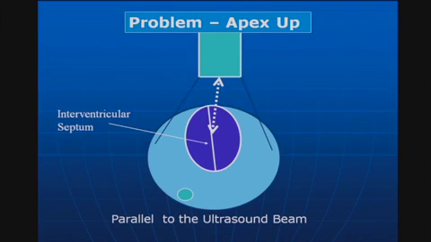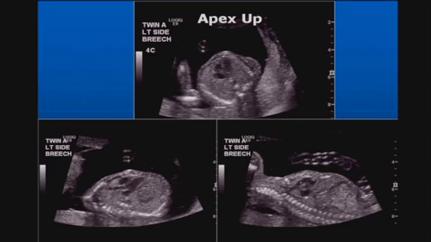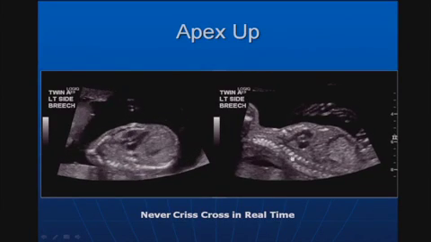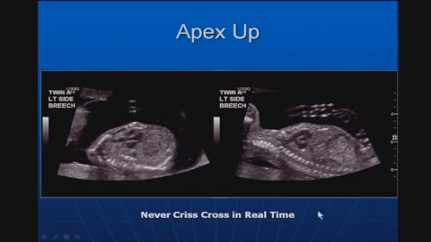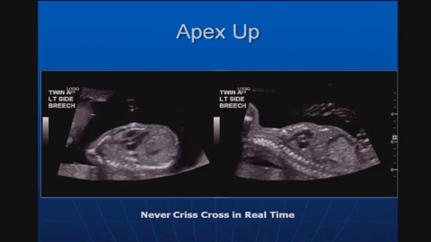Problem is, when that apex is up, it's somewhat difficult to get these two vessels to cross one another. And once you do, you have to show everything in real time. So apex up, we get the LVOT, we think, we get the RVOT, but if you see this, you really have to identify that what you think is the pulmonary artery, which bifurcates. So in this case, you see the LVOT very nicely, you see the RVOT, but it'd be nice to see these crisscross, which we don't have, or for this to bifurcate as a pulmonary artery to be absolutely sure that